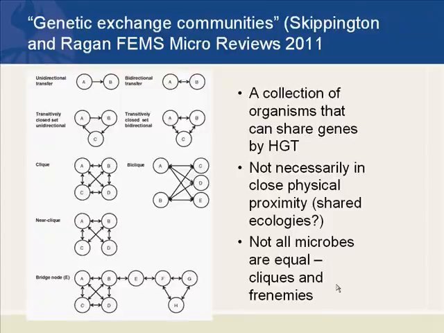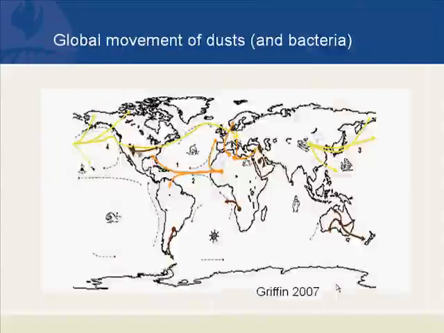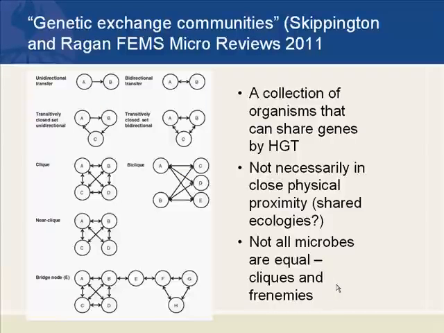I mean, it's hard not to think of purposefulness going on here, but this is an extremely efficient way to have access to an immediate ability to exchange information. So these are maybe the tweets in the microbial world. And you know, one other point. A point was made that this kind of network doesn't necessarily have to be in close physical proximity. And it was suggested, I think by Margaret, that shared ecologies might promote these links of genetic exchange among and between microbes. But I do want to remind you that geography is not really a very big barrier